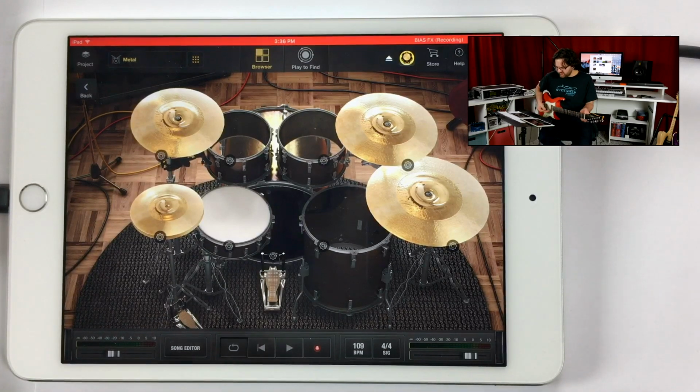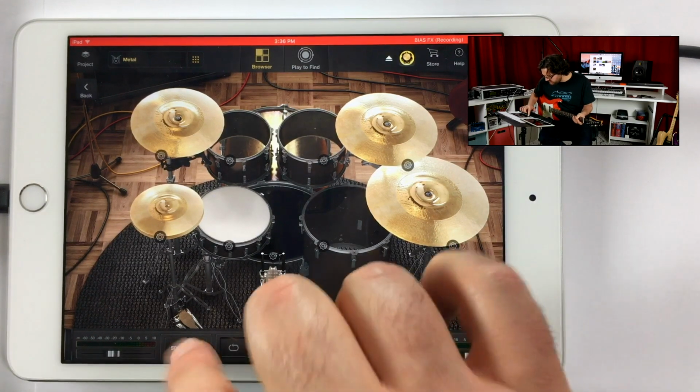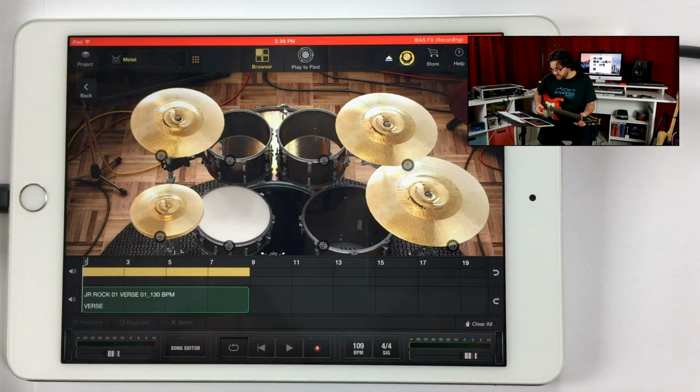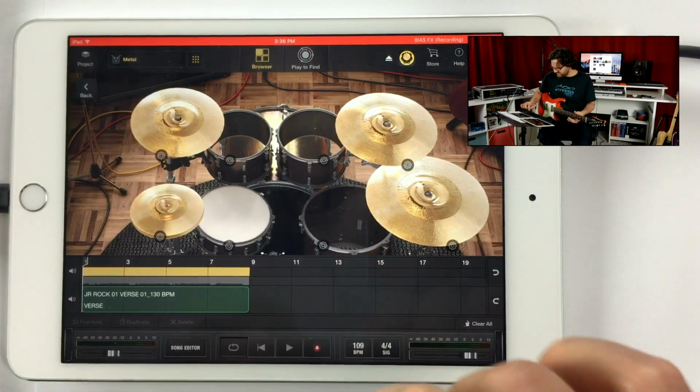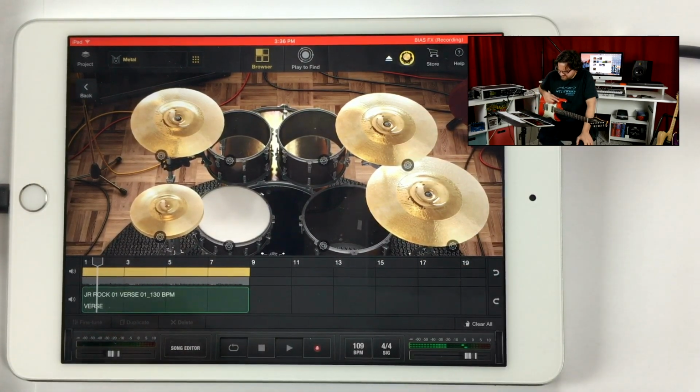Now, the sound that I have from Bias FX is recognized by XDrummer, and if I record something into my song here, it's going to be recorded with the sound of Bias FX. Okay, if I listen back,